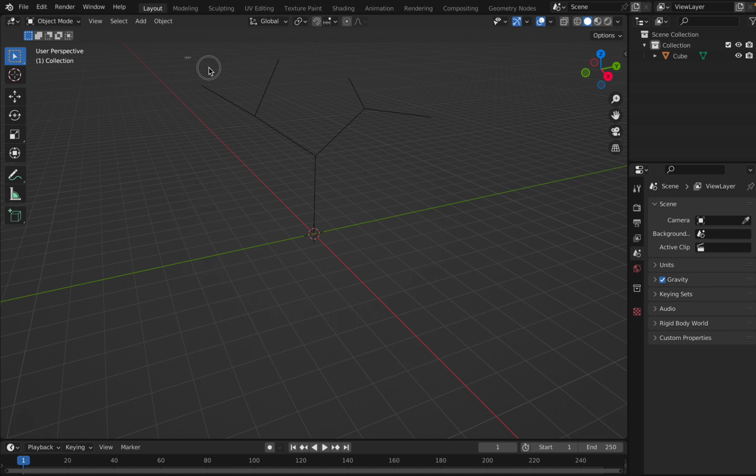Okay, so let me just multi select this. Once I multi select this,